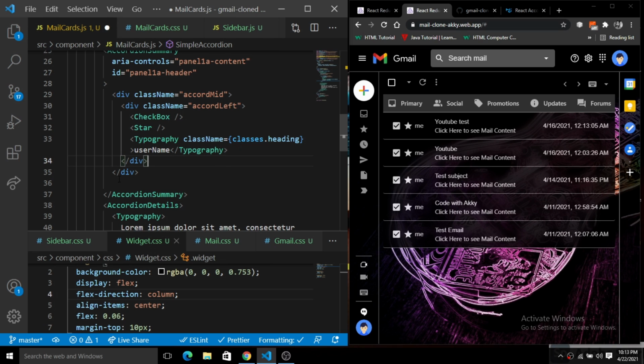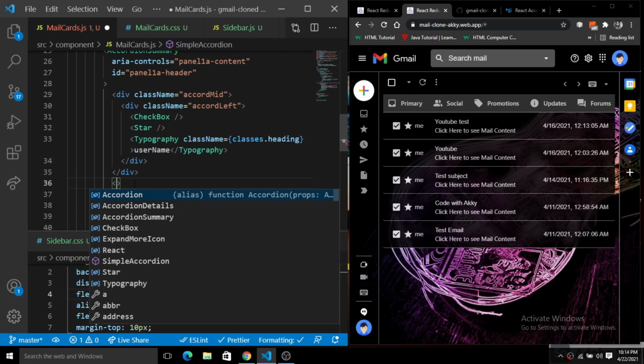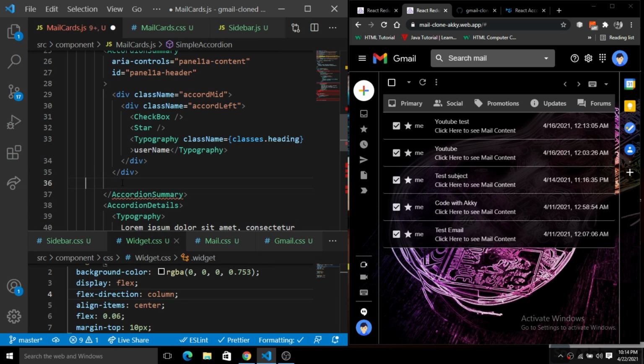Okay, and then next we have this accordion mid main. So here we will create another div, which is for the accordion mid main. Let me put it inside of this accordion mid. So let me create another div with the class name accord mid main.